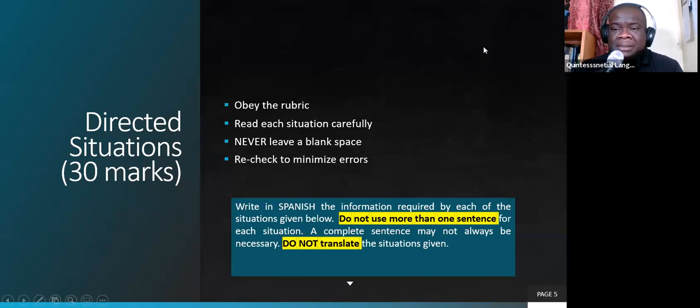So just to give you an example of the directed situations, I know we should have met these by now, and we will go into past exam papers and examples, etc. But a situation may read something like this. Your mother is going to work. Your mother is leaving the house in a rush as she is late for work. She leaves some instructions on the fridge of some things that she would like you to do in her absence. What does the note say?